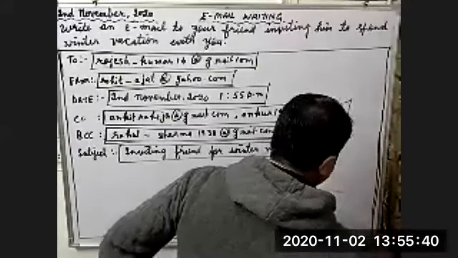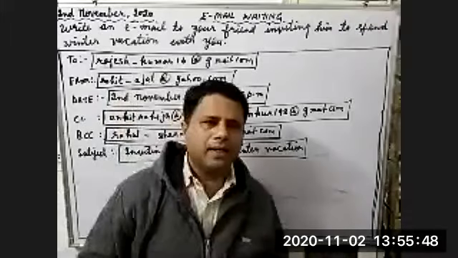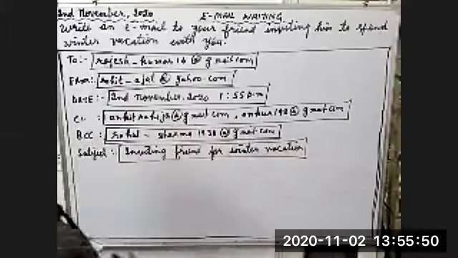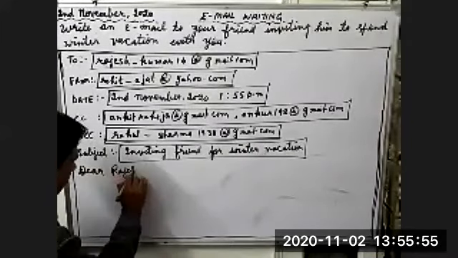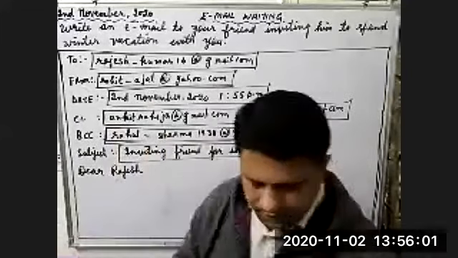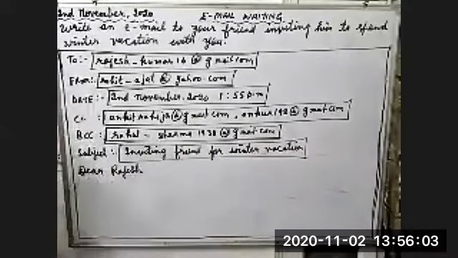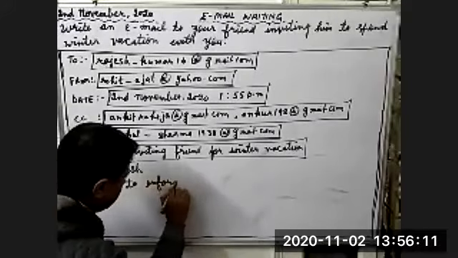Six points are done. Now let's continue with the 7th point. The first part in the 7th point is you will write the name of the friend. What is the name of the friend? Let's write Dear Rajesh. This is the salutation. Dear Rajesh is the salutation. Let's continue with the body of the letter now. I wish to inform you that